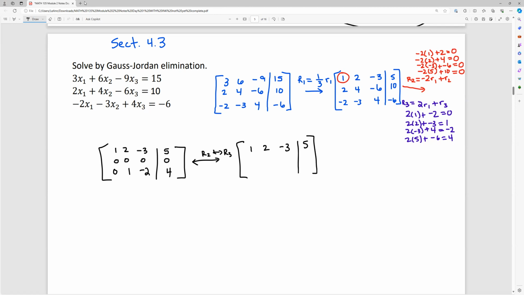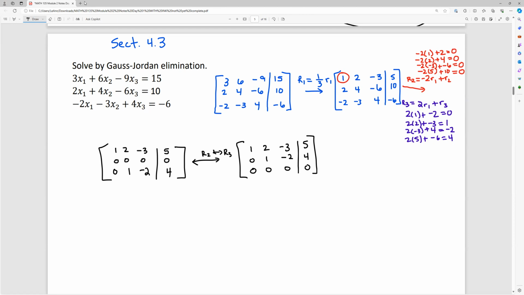Row 2 now is going to be the bottom row, so 0, 1, -2, and 4. And then the row of zeros is now the bottom row of the whole thing. Okay, so what we already know about this is going to end up being infinitely many, but